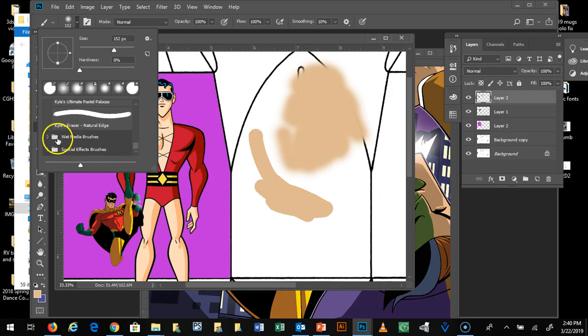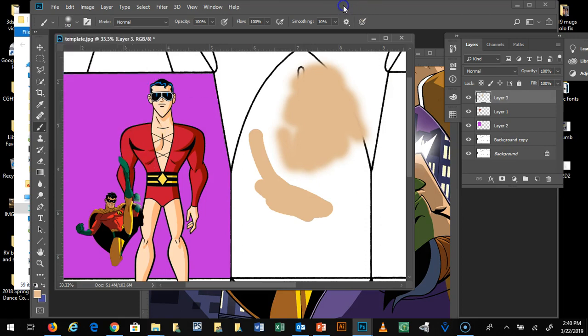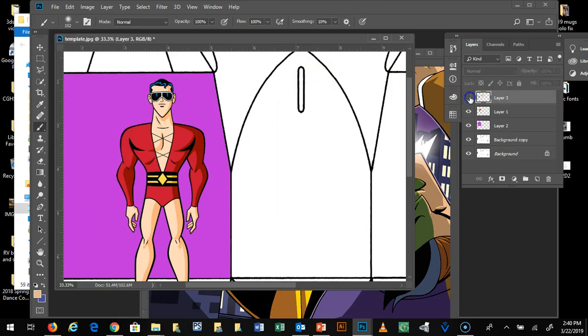See, there's wet media brushes where you can make things look like watercolor or some other kind of a paint. You're more than welcome to play around, but I'm not going to require that you mess with that. It's just if you feel like it. Okay,